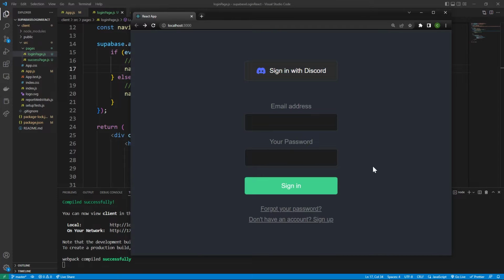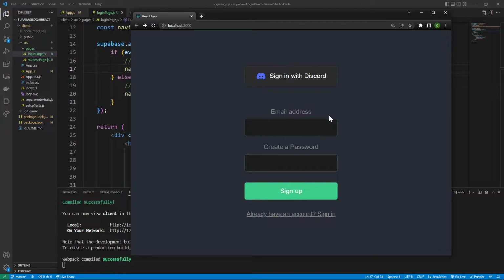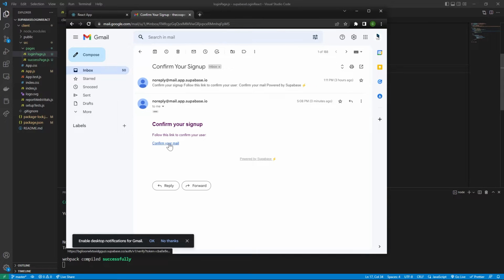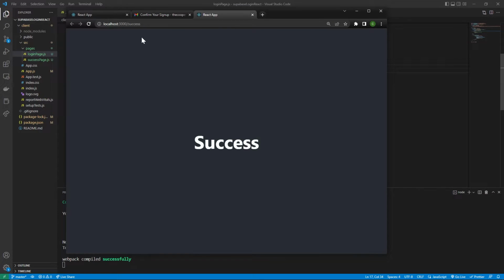path. I'm going to create an account that we can test with. So it says don't have an account, sign up. I'm going to press this, and now we are in the sign up code, which is something that auth pretty much automates for us. So it gives us access to this switching around. So type in an email address and password, and then press sign up. Then it's going to tell you to check your email for the confirmation link. So go and pretty much confirm this email. So I'm over here in my email, I can press confirm right here, and then boom, it's going to actually